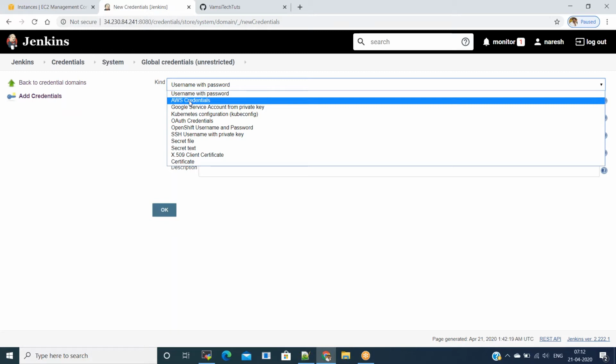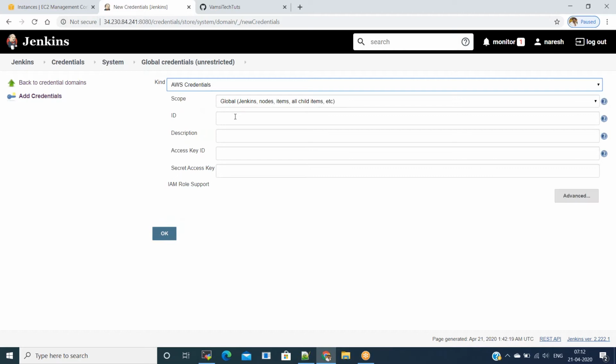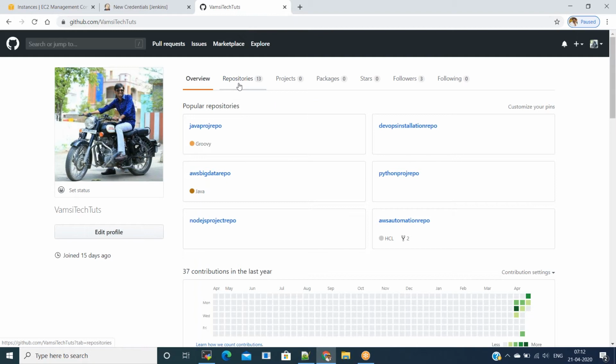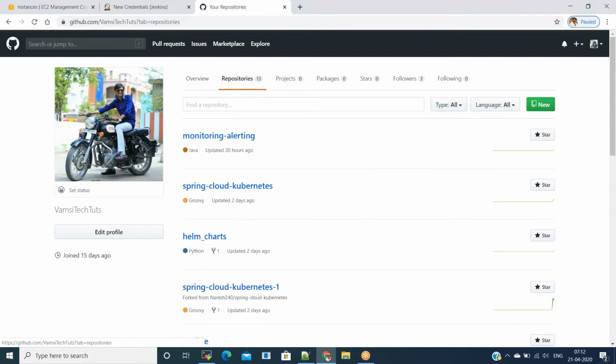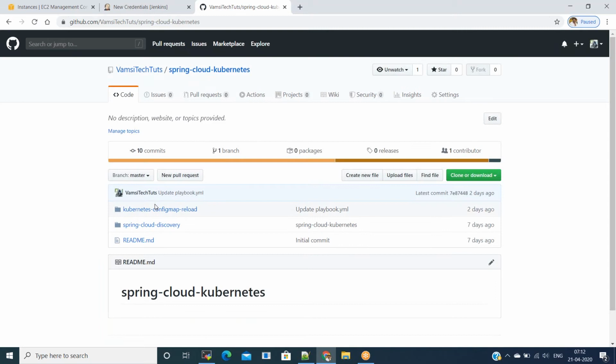Next, we can create AWS credentials for accessing EKS cluster. And here you can mention the ID as AWS underscore credentials. For that, you need to refer to the pipeline in my GitHub. Whatever you mentioned in the pipeline, the same ID you need to keep in Jenkins as well. Go to the Spring Cloud Kubernetes project.